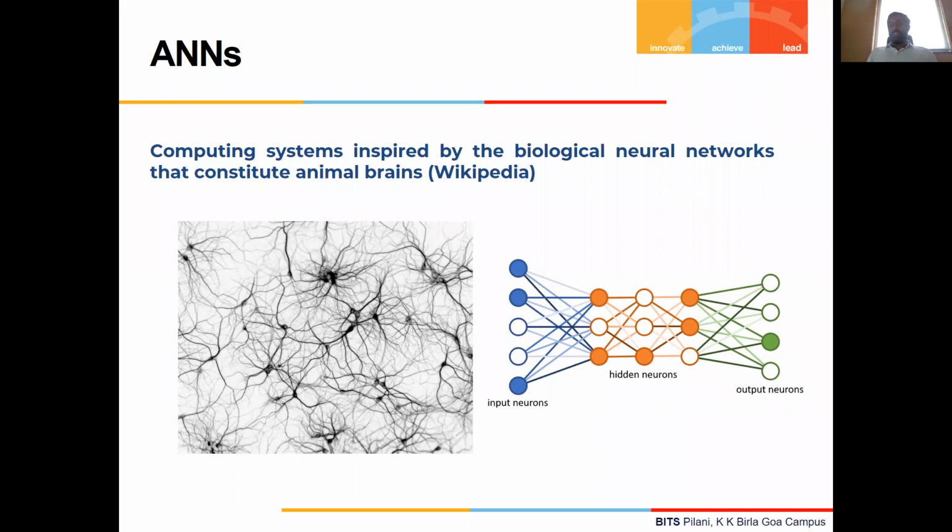We are not trying to exactly replicate a brain. To do it, first of all, we would need to know all the details about the brain, and it is said that we know more about the surface of the moon than our own brain. So we still don't know many things. But some basic operations, how they happen in the brain, we have some idea. So we are not trying to exactly replicate it to build an artificial neural network. We are more or less getting inspired by how it is working, and we are trying to somehow mimic it.